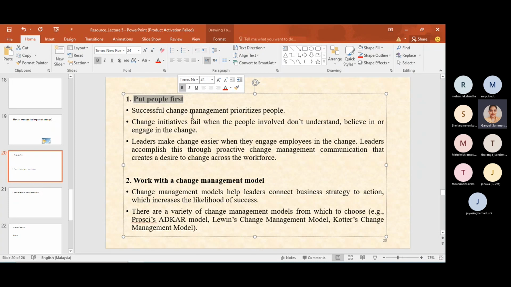So you have to put people first, you have to prioritize people, communicate to them, and understand what your workers are facing. When you communicate with your employees, you will realize what are the issues that they are facing. So if they are feeling anxious or worried, what are the reasons for those feelings? Why do they feel so? And is there anything that they do not understand? If there is anything that your workers don't understand, then in such cases, how can you help them out? Okay, so likewise, you can